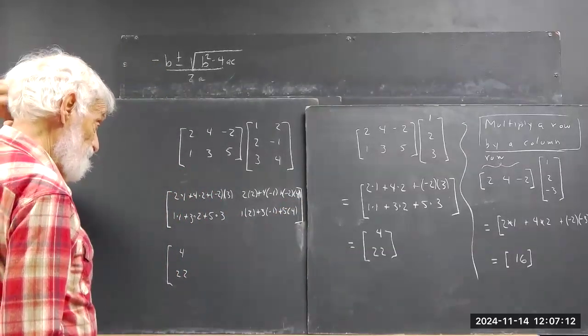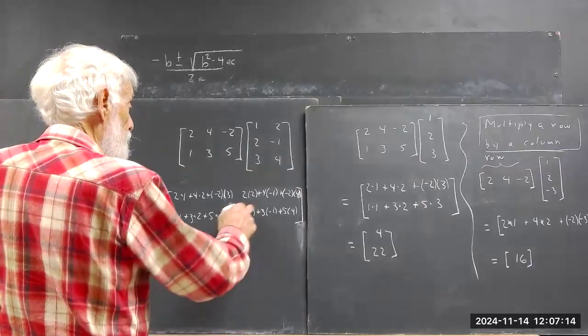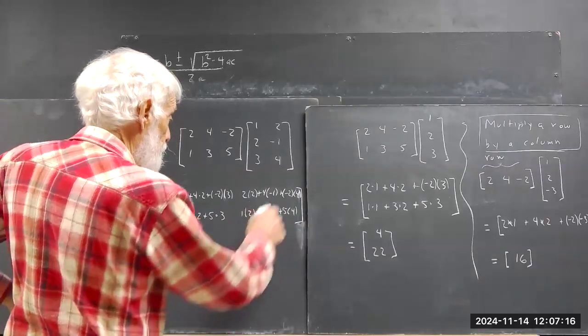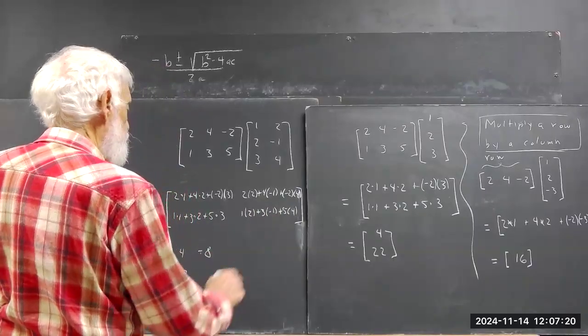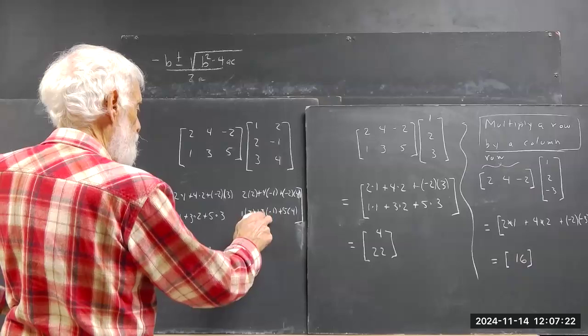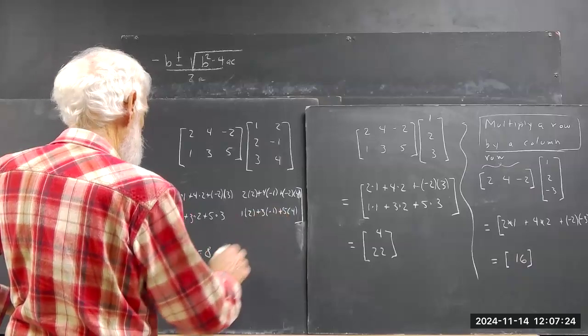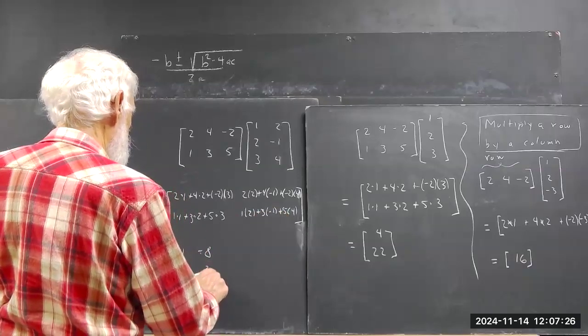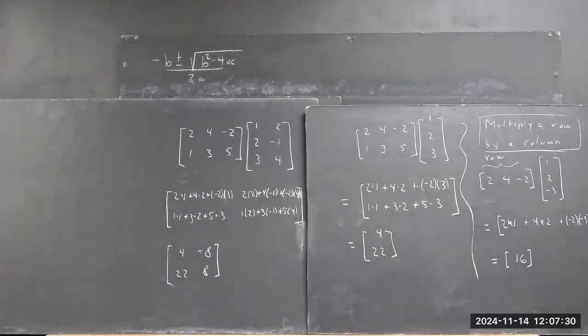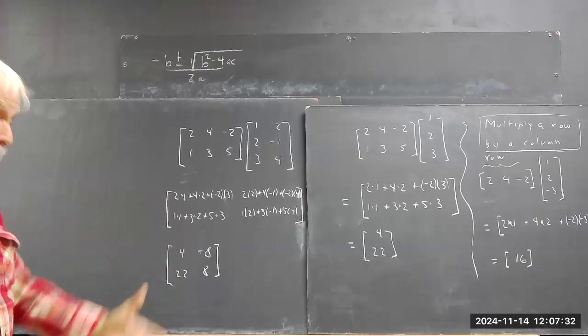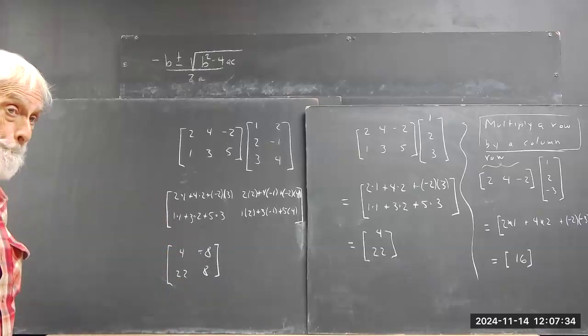Well, we can calculate these numbers. I think I'm getting 4 and -4, and then I'm going to get -8. And down here, I'm going to get 2 and -3, which is -1, and 9, which is 8. And there it is. Now, the thing that makes sense about this is